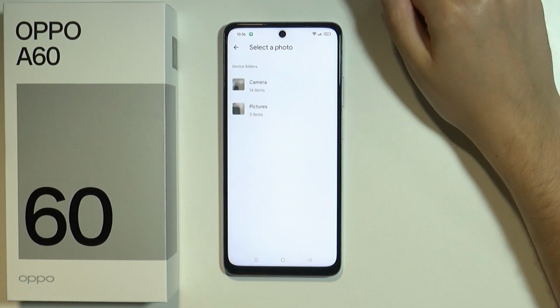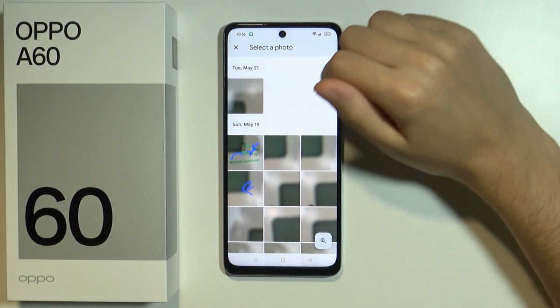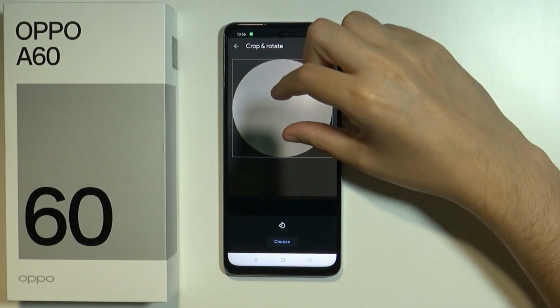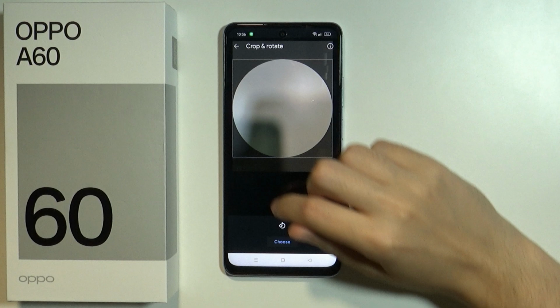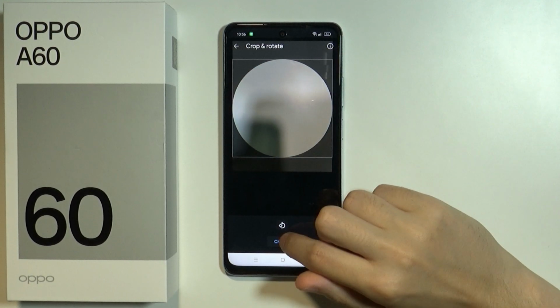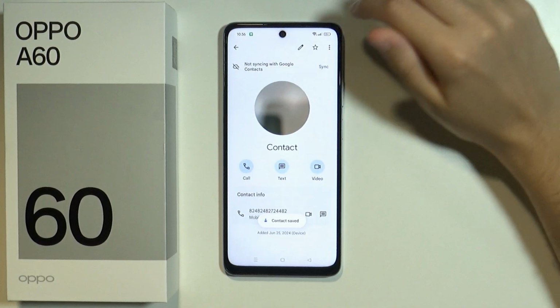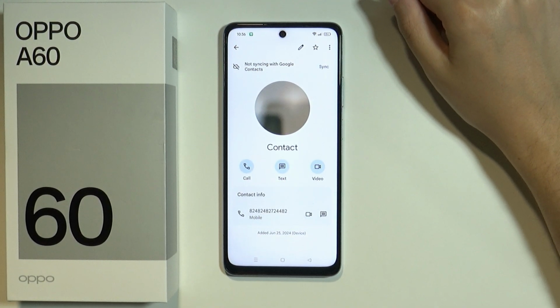And I can, for instance, choose gallery, then camera, and over here, let's say I can choose this picture because why not? Over here I can crop and rotate the picture if needed, and then I can press choose. And there we go. Now I can press save in the top right corner, and I have set up a photo to a